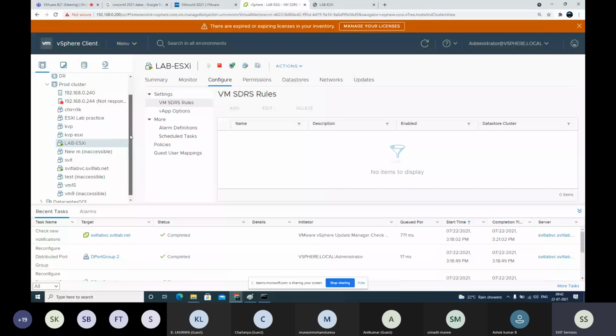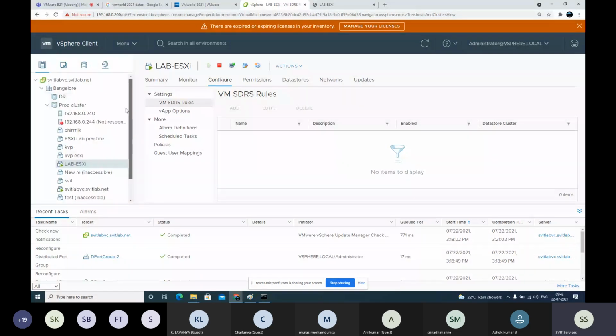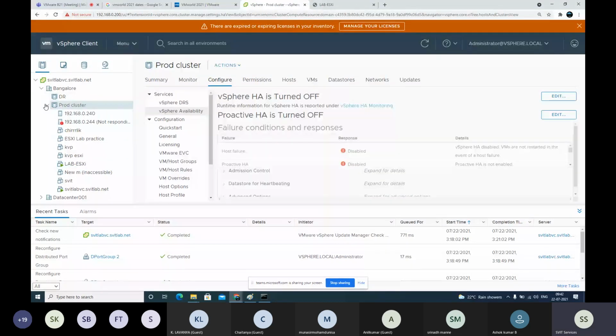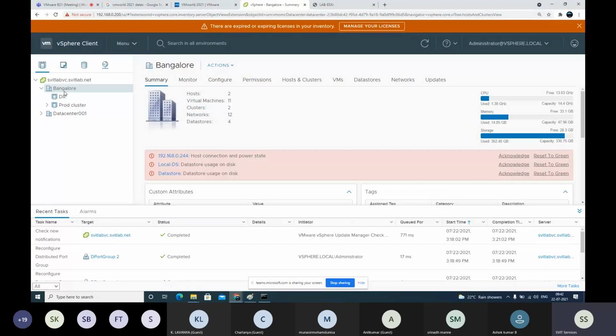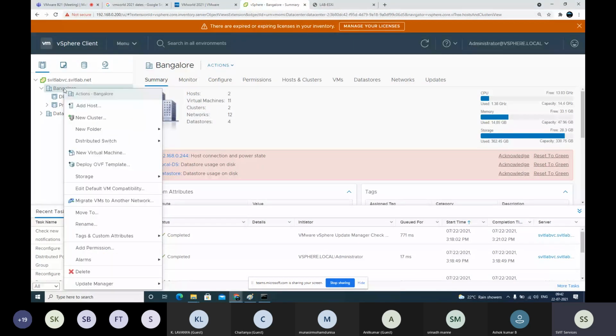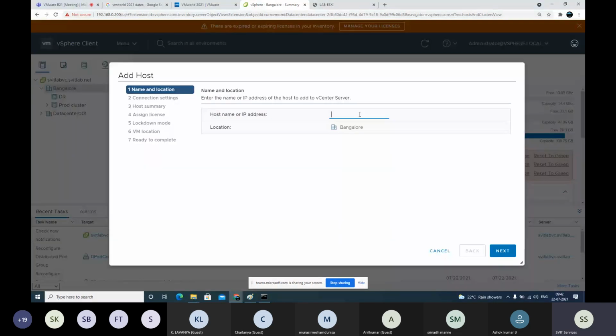You should do it yourself. Now we have built an ESXi machine, right? We need to add that host into vCenter. How to add? Add the ESXi host into the vCenter. Select the data center, right click, add host. What should I enter here? What is the address? 0.241, the one that we have just used.